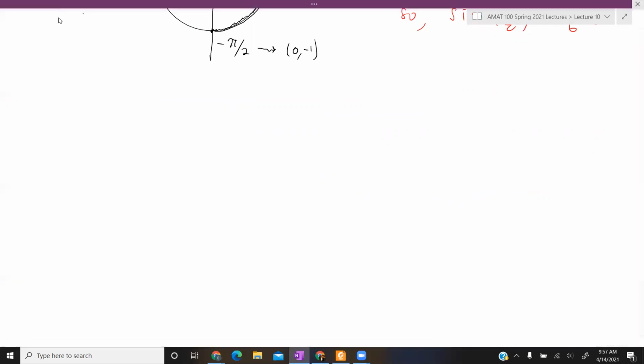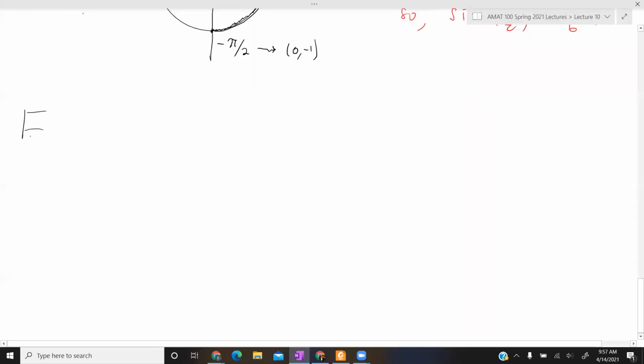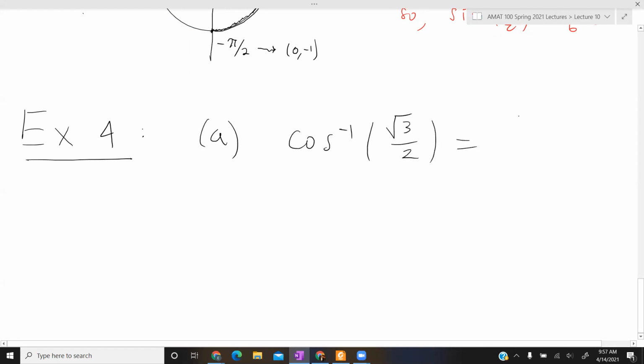So this is example 4, and we'll do part A. We're asked to compute cosine inverse of √3/2. We want to know what that is, so we'll call this theta. And the question is, what's theta? It makes sense to ask what cosine inverse of this number is,